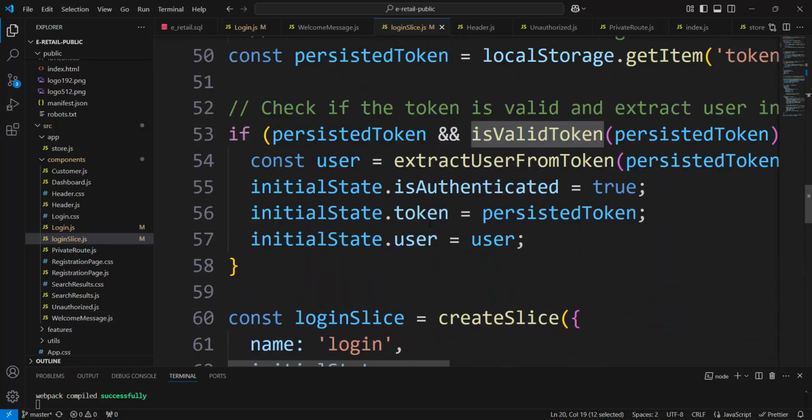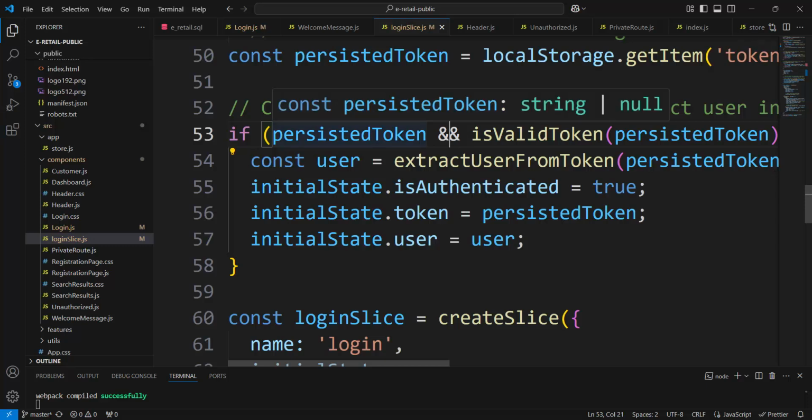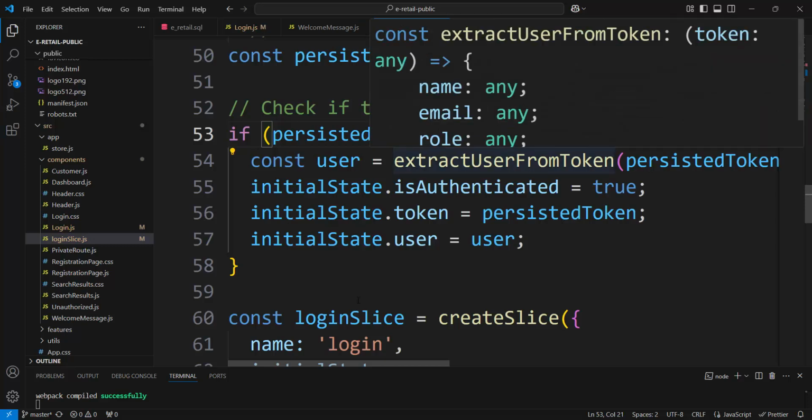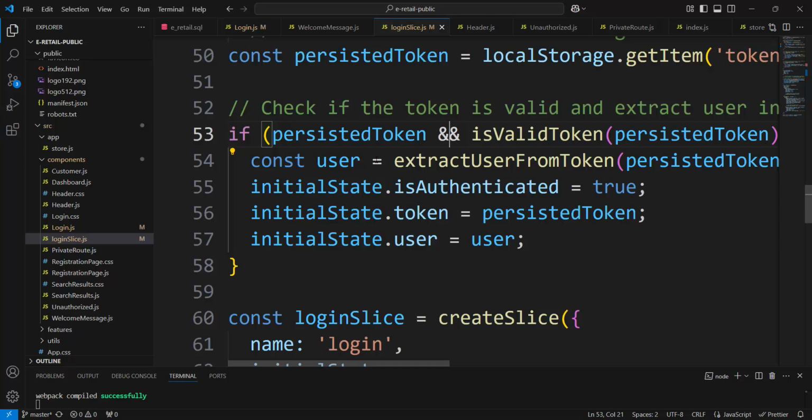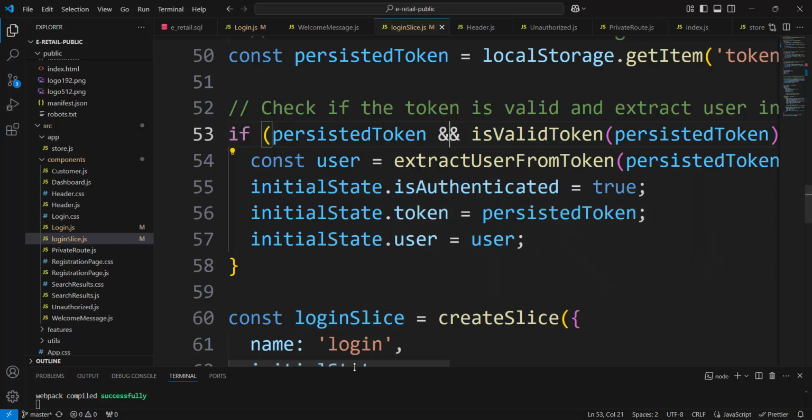Here it is. It is a logical AND, and the left and right sides of the operator must be 1, so that the total result would be 1. The left side is the persisted token, which checks whether the token exists or not. If it exists, it is 1, and the right side is always